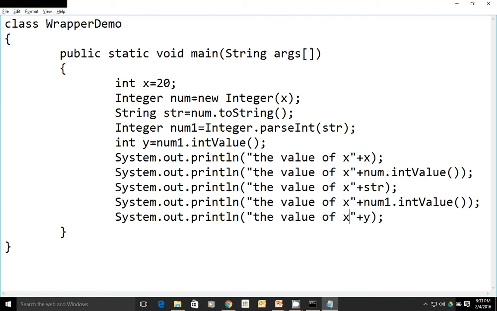Yeah, so integer is converted into integer object, that is converted as a string, that converts again back as integer object, then integer object to integer variable.